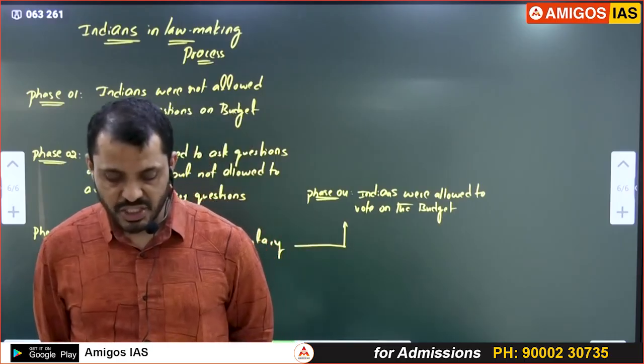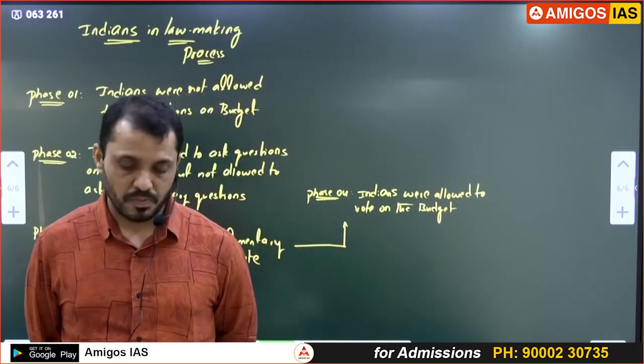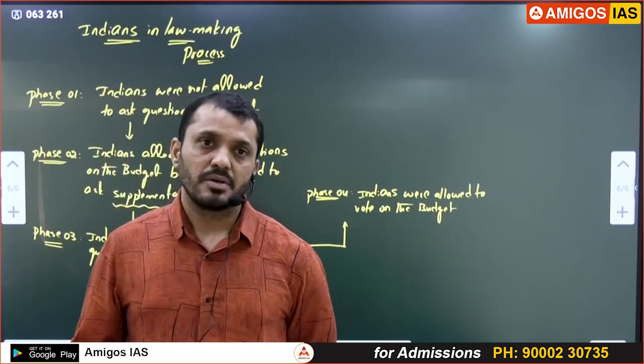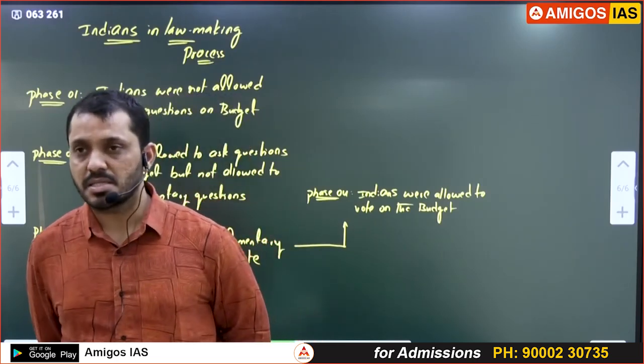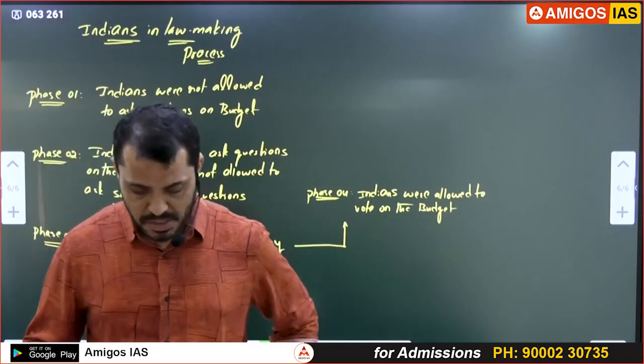Page 16. Israel is using starvation to commit genocide, Amnesty says. Very, very important. GS paper 2. That means Israel is not allowing food access to Palestinians. That is equivalent to genocide, because you're killing so many people.